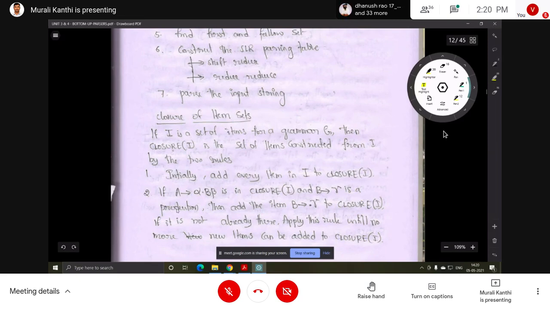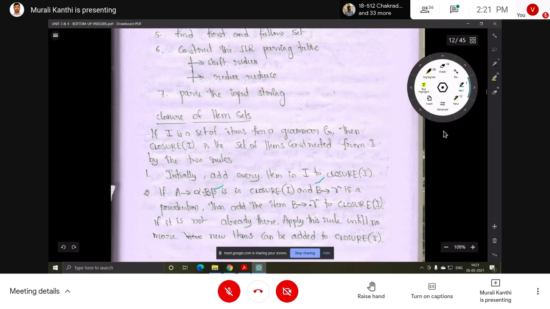The second one is: if any production like A implies alpha dot B beta, this dot is an important dot, is in closure of I, and B implies gamma is another production, then add this item to the closure.